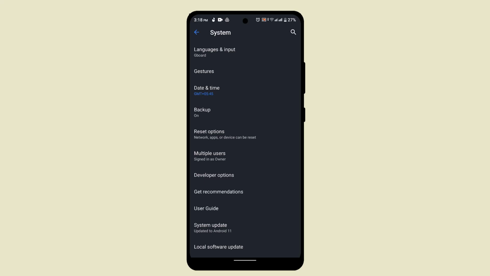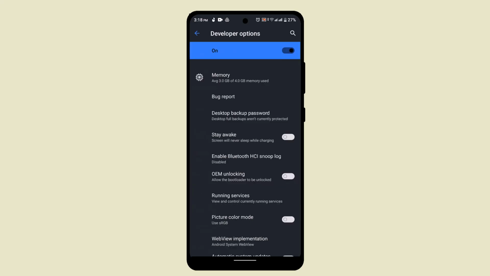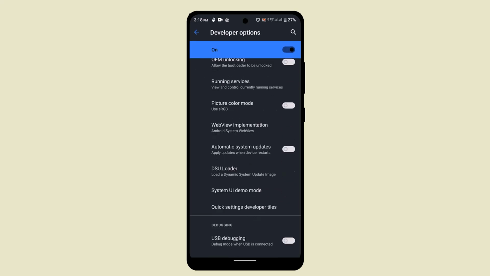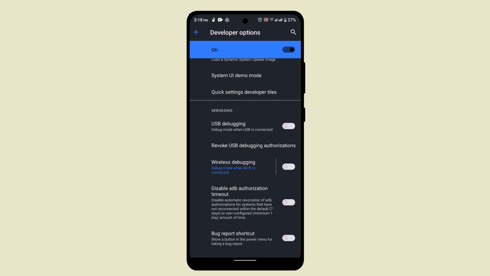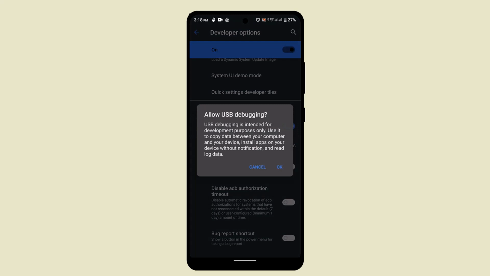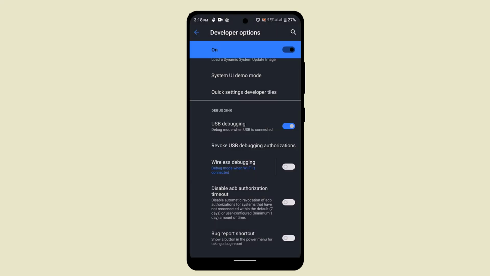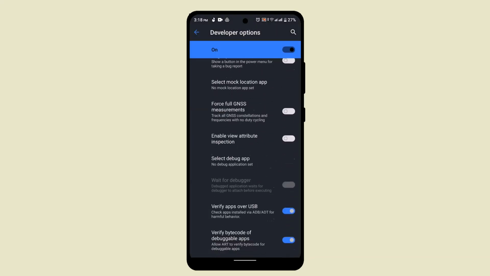Once you've tapped on the build number and opened up your system, here you'll need to go ahead and look for Developer options. Once you locate Developer options, you'll need to scroll down a bit and you'll be able to see the section Debugging. So you'll have to toggle the button for USB debugging. Make sure to confirm it, and as soon as you've done that,